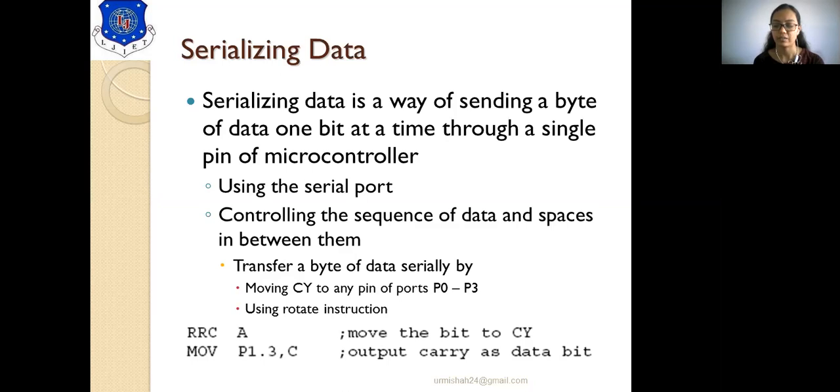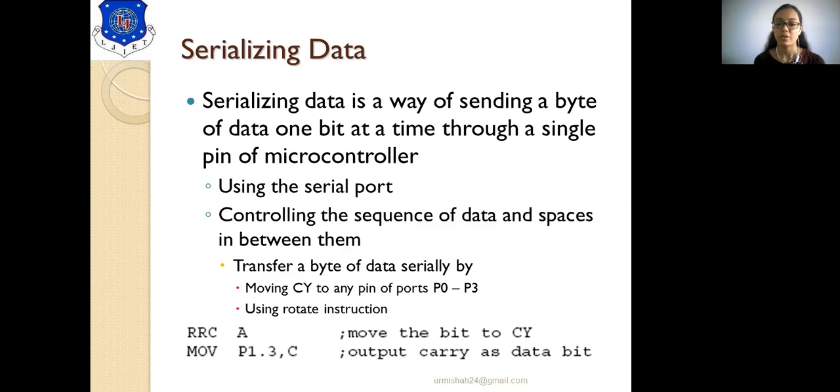If you have a byte of data, 1 byte means 8 bits, and if you have 10H as your data, 10H means 0001 0000. Every time, a single bit will be transferred using a serial port. That is called serializing data.